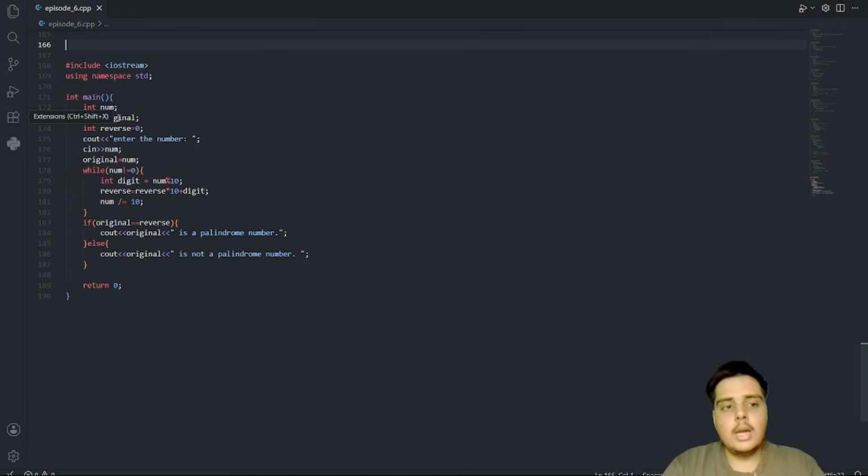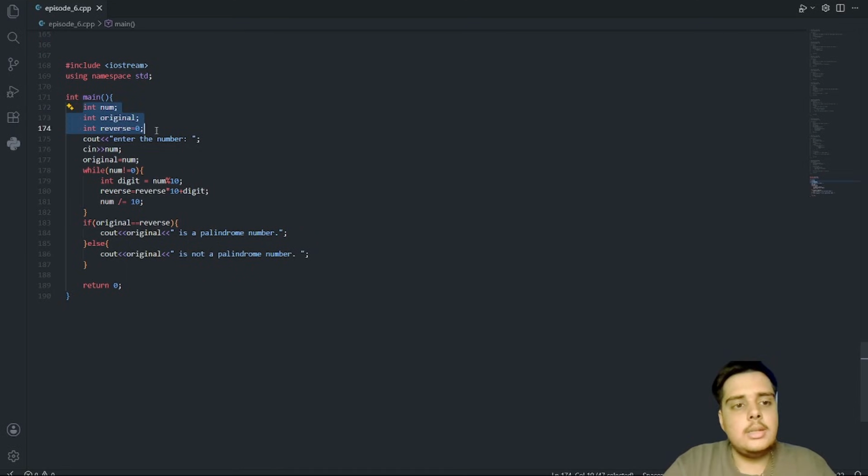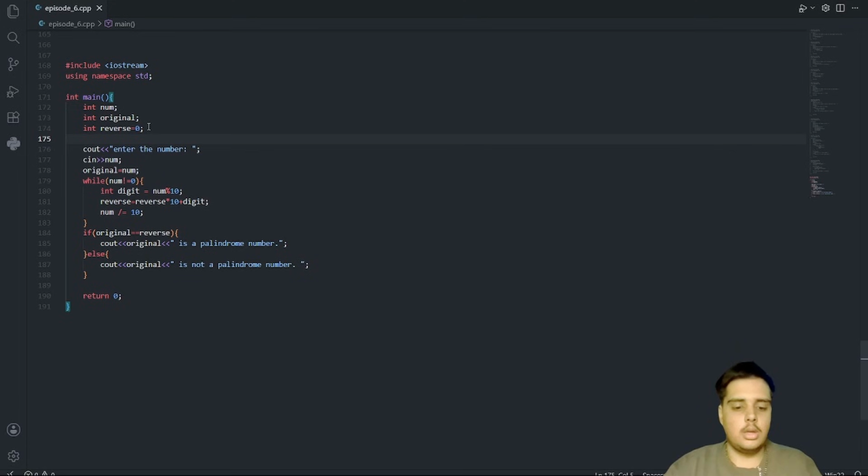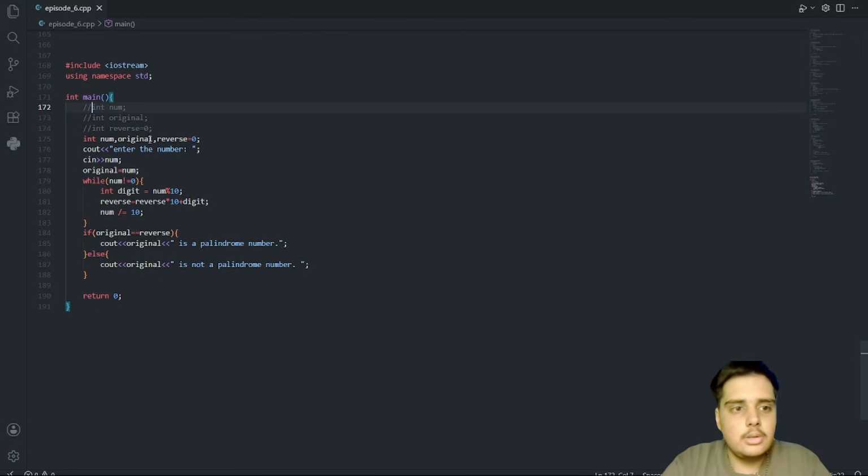One thing I should explain to you: these three declarations are occupying 3 lines, but we can make it a single line. So why not, let's do it. I say int num, comma, original, and reverse equals to 0, and I will comment all of this specifically for you. So in notes you can understand that these 3 lines convert to this single line, which is a little better and more systematic way to understand the question.